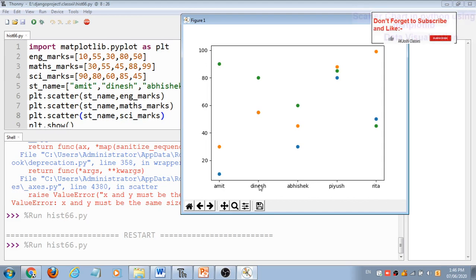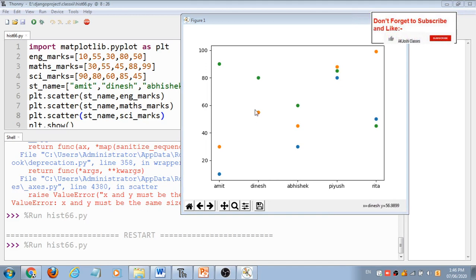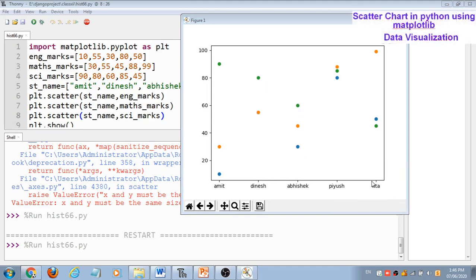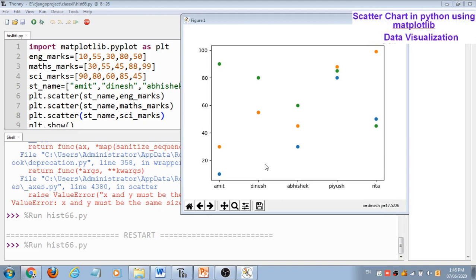For Dinesh you can see it is drawing only 2 values. Why? Because the English and maths marks are the same, so the points overlap. In Abhishek we have 3 values, in Piyush 3 values, and for Rita 3 values. Like this we can plot multiple y coordinates corresponding to a common x coordinate.